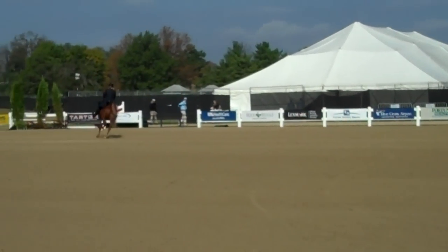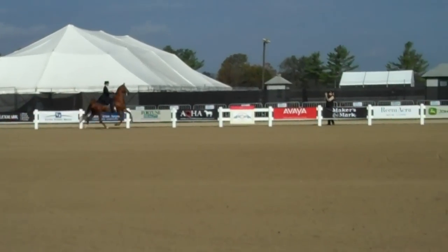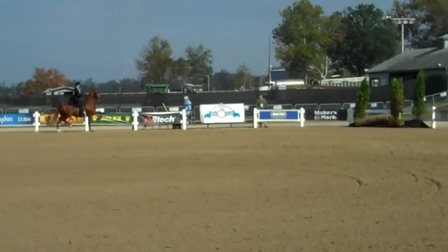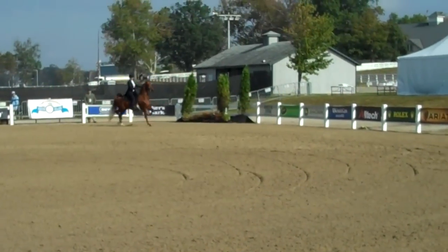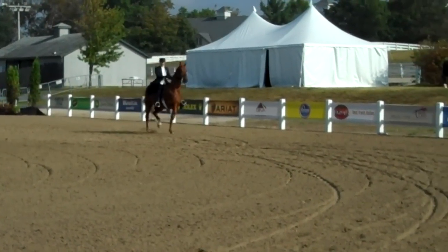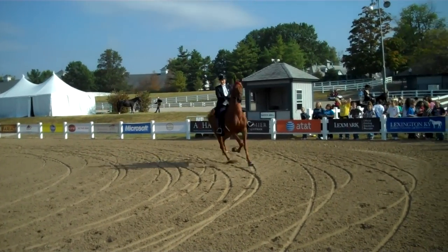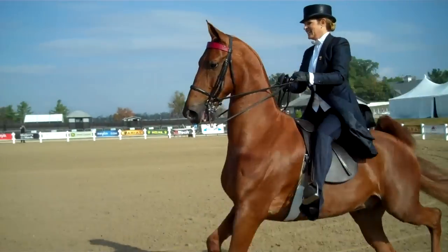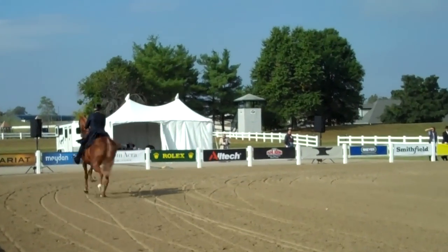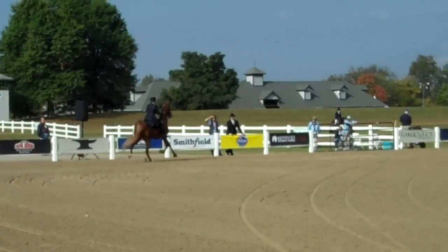The next 2 years proved to be a struggle for both Elizabeth and Boston, as they were both suffering performance-affecting ailments that kept them from doing their best. But in 2009, with Elizabeth's progressing recovery and continuing education for Boston and Liz at Brett and Susie Day's Gray Ridge Farm, Mr. B and Liz once again started perfecting their performance partnership, regaining their winning ways with a 2010 Grand Champion title,